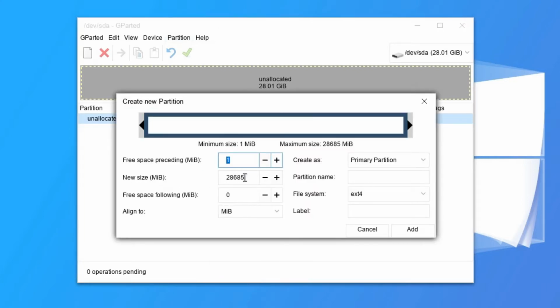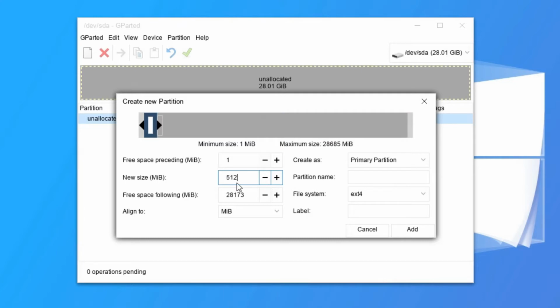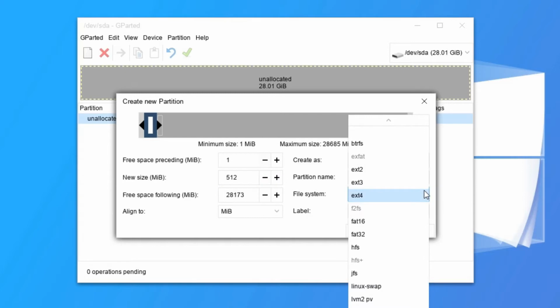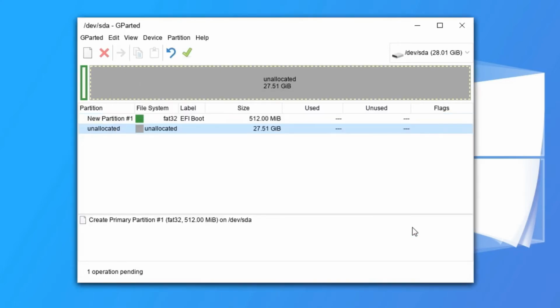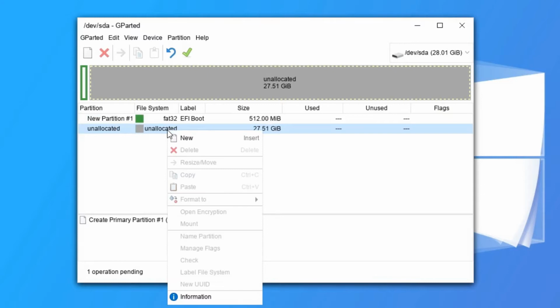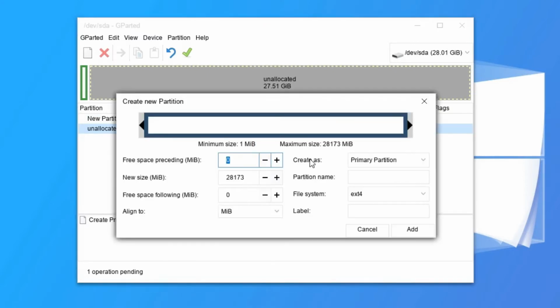And then we give the new size of the partition we want. I'm going to go 512, press enter. So that's 512 megabytes. I'm making it a primary partition. It'll be FAT32 because it's going to be an EFI boot. So I'm going to label that EFI boot and add that. Then we can right click the unallocated space again, select new. Now the new size we want